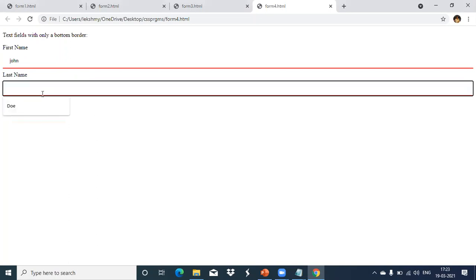So when we are typing, then only it is showing that border for us. That is because the border property we have given as none. And we extra specified only the bottom border, what style we want to implement for it. Okay, clear? So this way also I can create the text boxes or implement the text styles there. Any doubt in this?